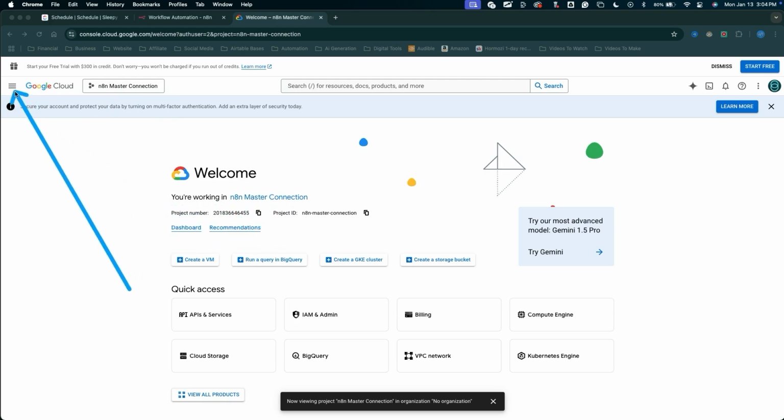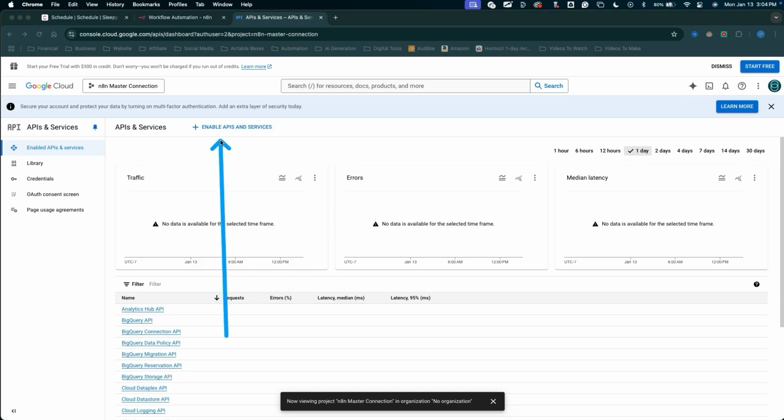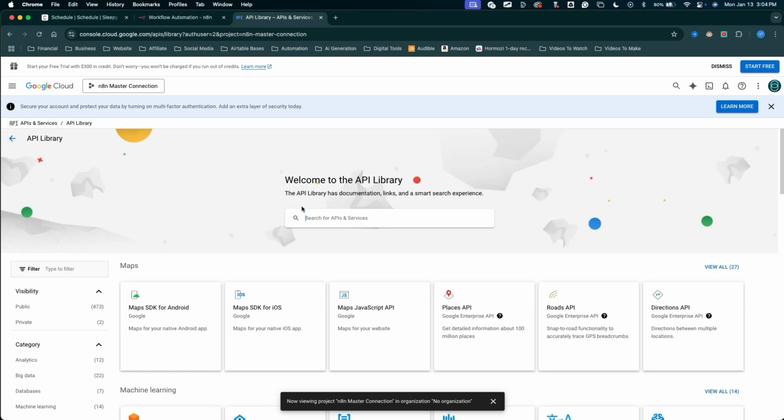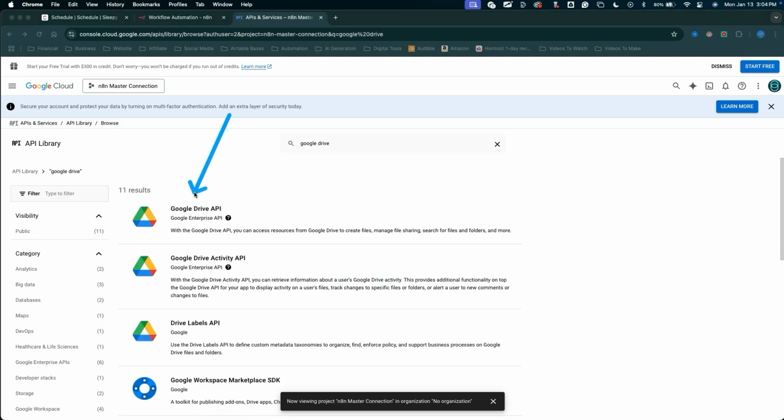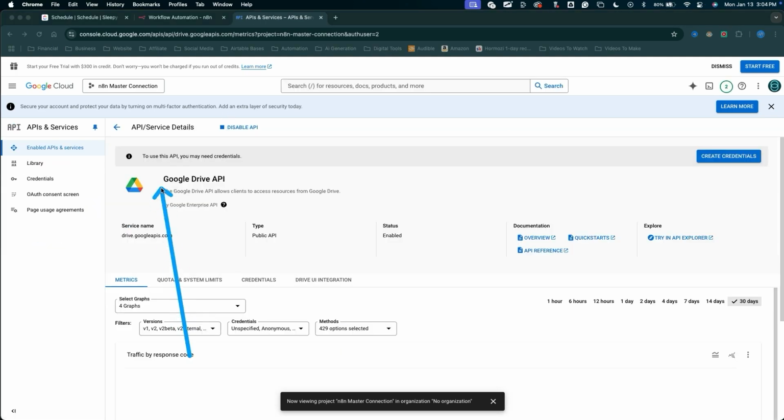So I'm going to come up to the three little lines here, click on that, come to APIs and services, then enabled APIs and services, click on that. Then we can click this button to enable APIs and services. In the search bar here, I'll type in Google Drive, and there it is, the Google Drive API. Click on that, click enable, and there we have our Google Drive API enabled in our enabled APIs and services